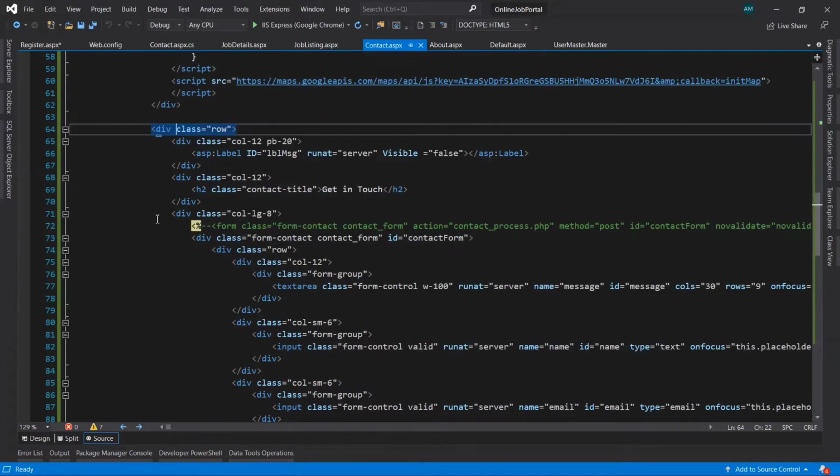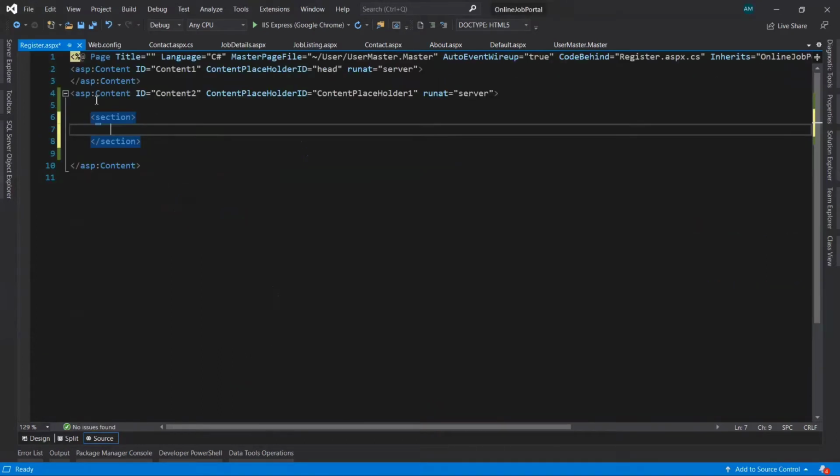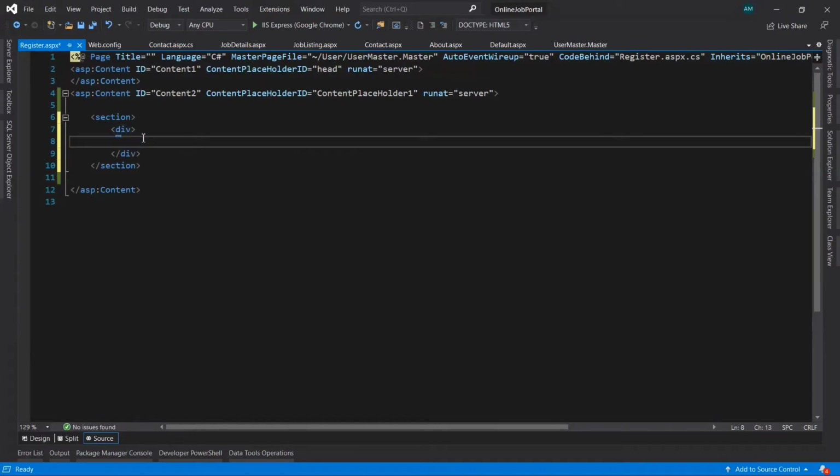In the register.aspx page, first of all we need to take a container class inside a div.